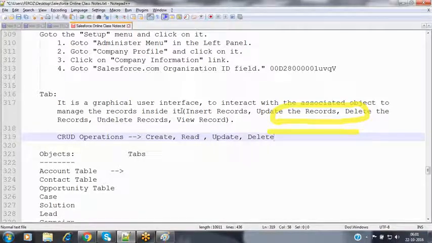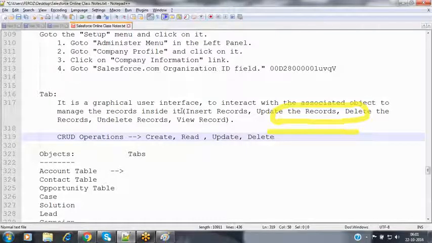Creating and viewing the records, updating the records, and deleting the records. In a table, we can insert new records, modify existing records, delete existing records, and view the required records also. These are the four operations generally performed inside a table.